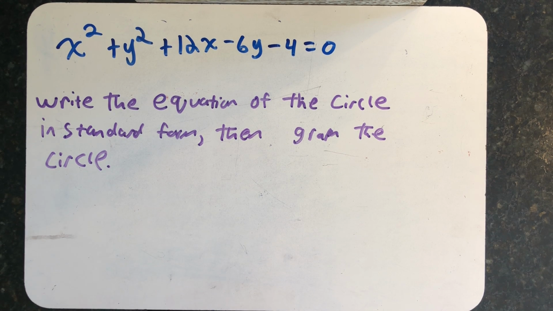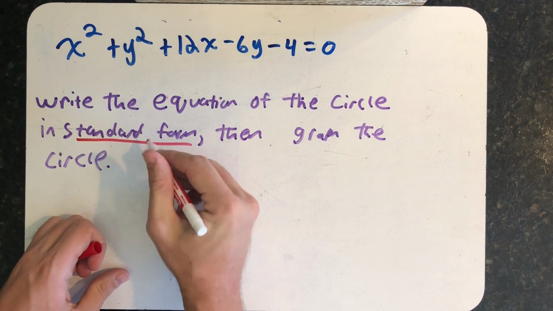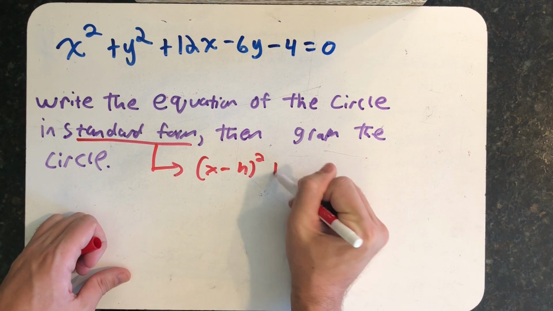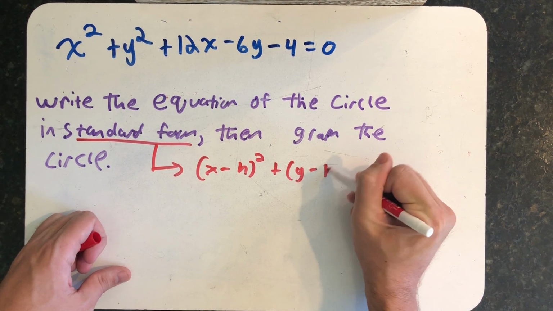We're given the equation of a circle in its general form, asked to write the equation in the standard form of a circle, and then we're asked to graph the circle. Well, the standard form of a circle is that really nice form where I get to just see the center and the radius,